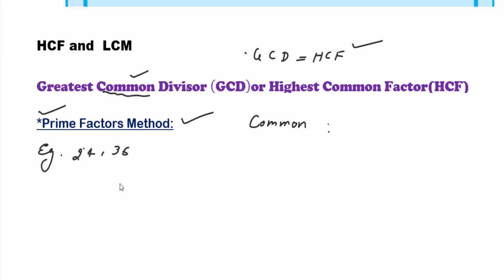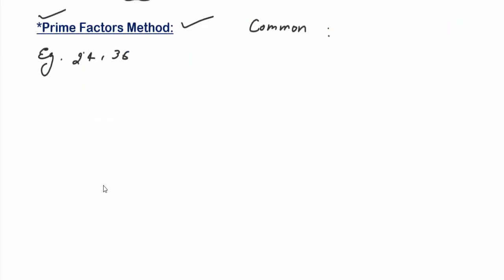Students, this part is very simple, and here we are able to see how to find out the greatest common divisor or highest common factor of any two or three numbers. We want a minimum of two numbers, then we are able to find out the common divisor, because the word common means we need to have a common something and a minimum of two numbers. So let us find out the prime factors of these two numbers.